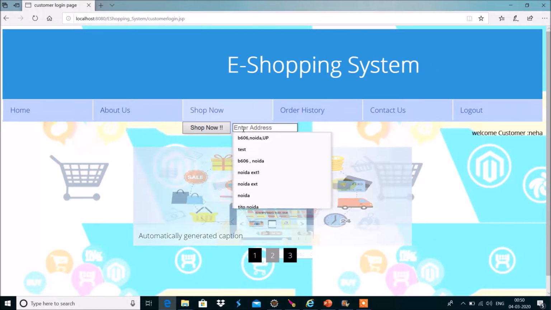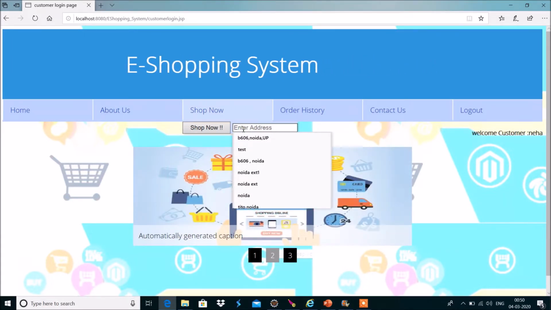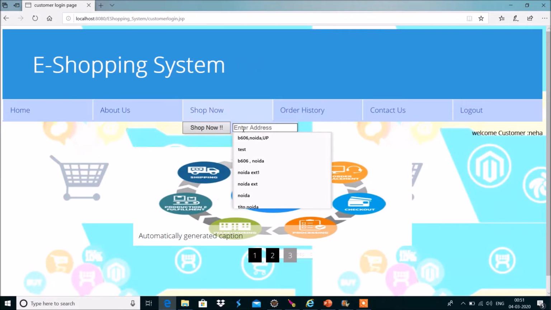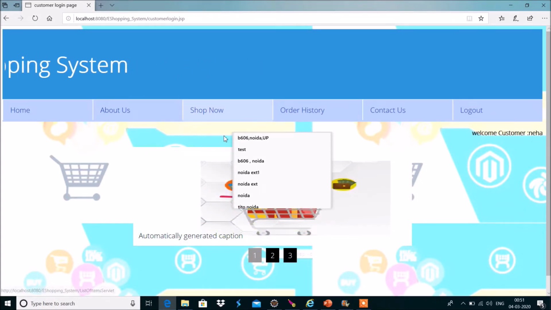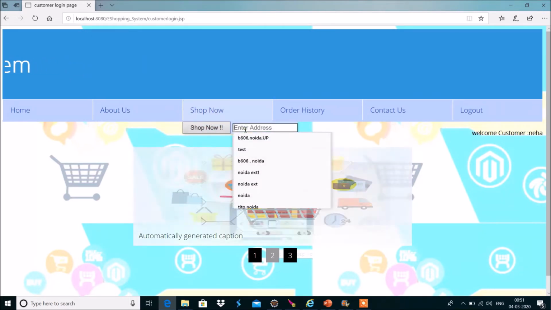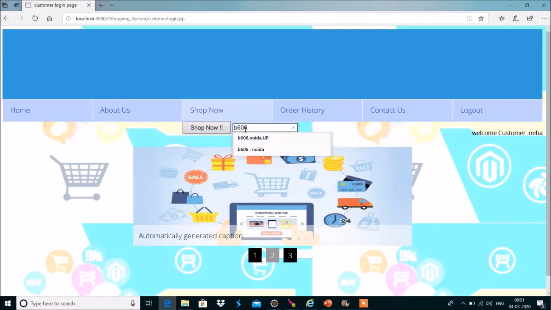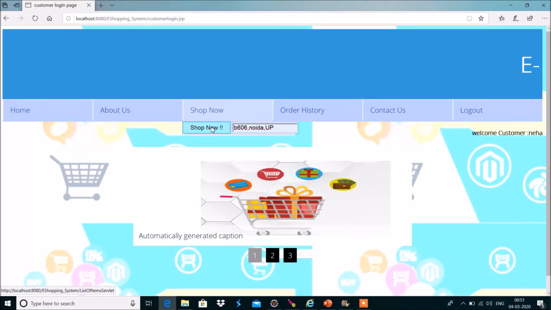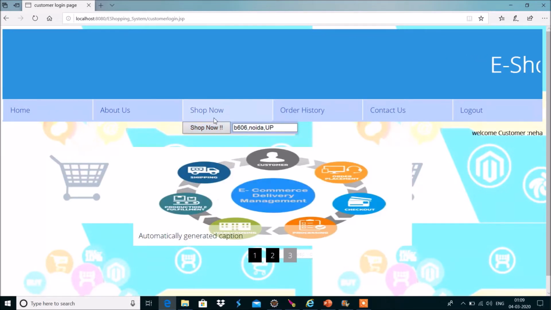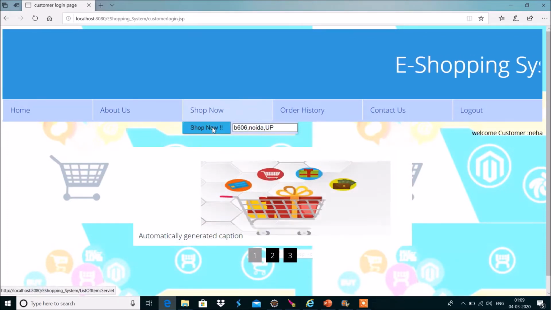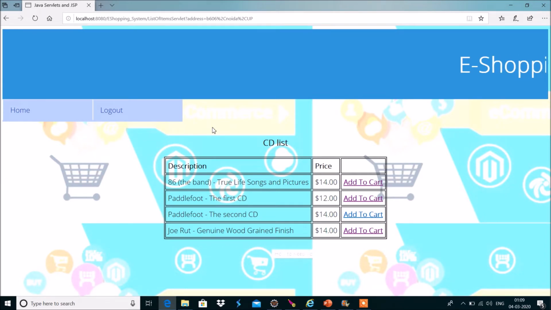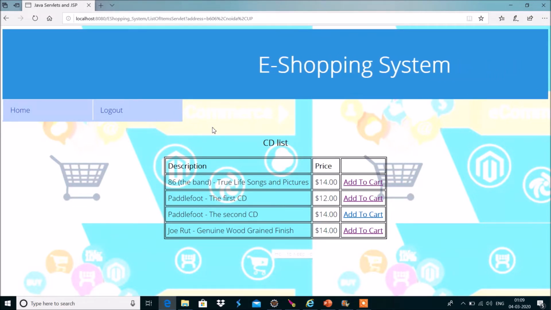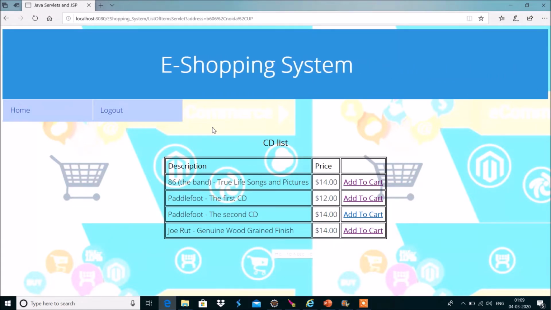This address will tell where the customer wants the item to be delivered. So we are entering B606 Noida, UP, right? Now we click on shop now, and the system allows us to move forward. Yes. Now you can see the list of items. Like in this e-shopping system, the seller has displayed the